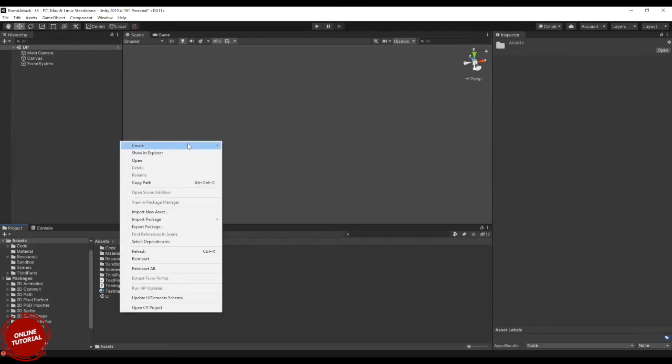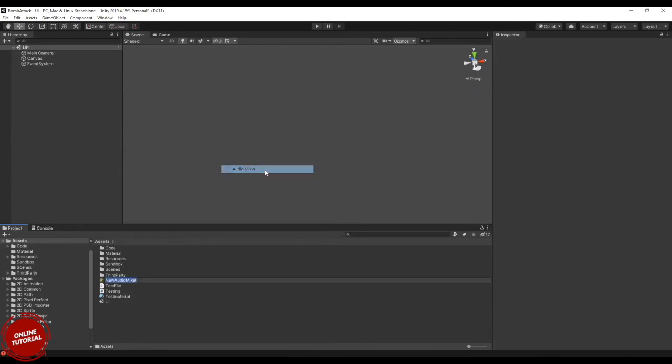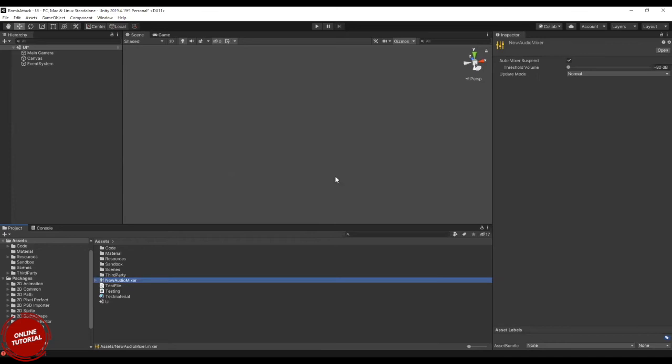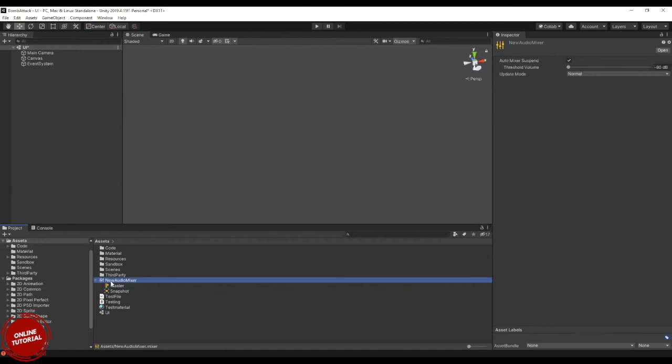Okay, then next, audio mixer. Anything you want to do with audio, where you want to mix it in your own way depending on your game, if you want different kinds of modes within the audio, you can use this audio mixer. For example, if you want a game with a coming audience noise, mixing the audience noise with the background music and all, you can do everything with this audio mixer.